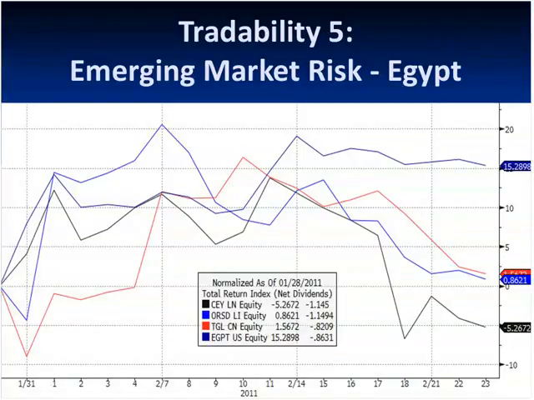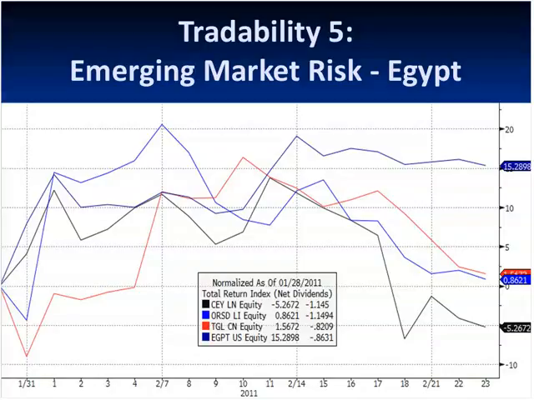Here's one last slide related to premiums and discounts. It shows the chart of the world's only Egypt ETF, EGPT, which is the dark blue line at the top of the slide, as well as the performance of 3 London and Canadian cross-listed Egyptian securities. I think this is a great slide. When the Egyptian protests erupted in late January, the local Egyptian stock market closed. EGPT responded by closing the door to new creations, just as INP did in India in 2007.